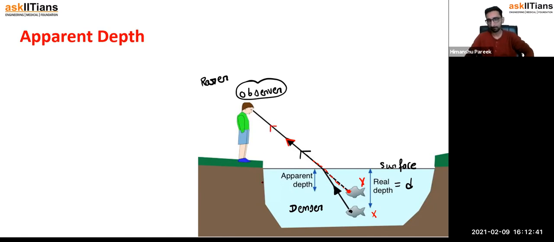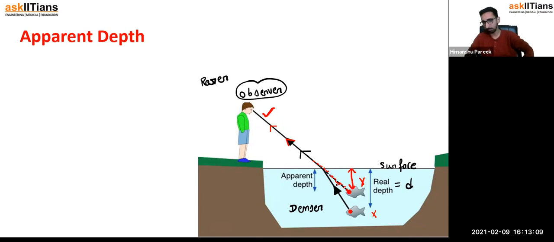along this line. He doesn't even know whether the fish is there or not at the position X. What his eye would sense is that if we are getting this light ray, then he will find that these light rays are coming from somewhere here. And he would say that the fish is at the location Y. And if you see that carefully, then this distance Y